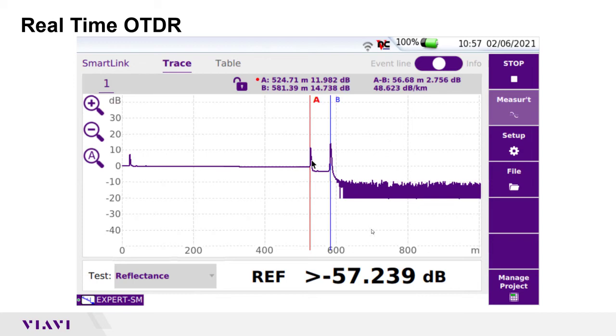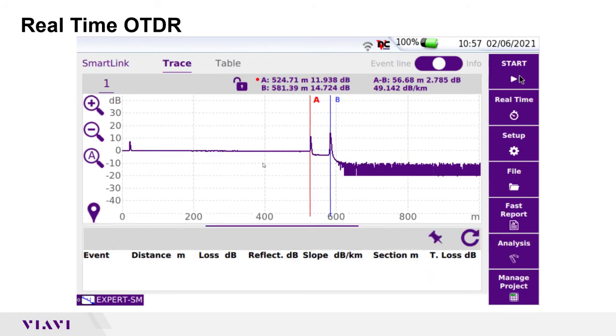So that's all the measurements that you can really do in real time, and you'll see that in that mode, the table in SmartLink is not available, nor are the views that you can use in real-time mode. It's just using the standard trace. If you stop the measurement, then of course you get back into a normal state. You could start again a standard trace, or a real-time again to start the real-time mode.